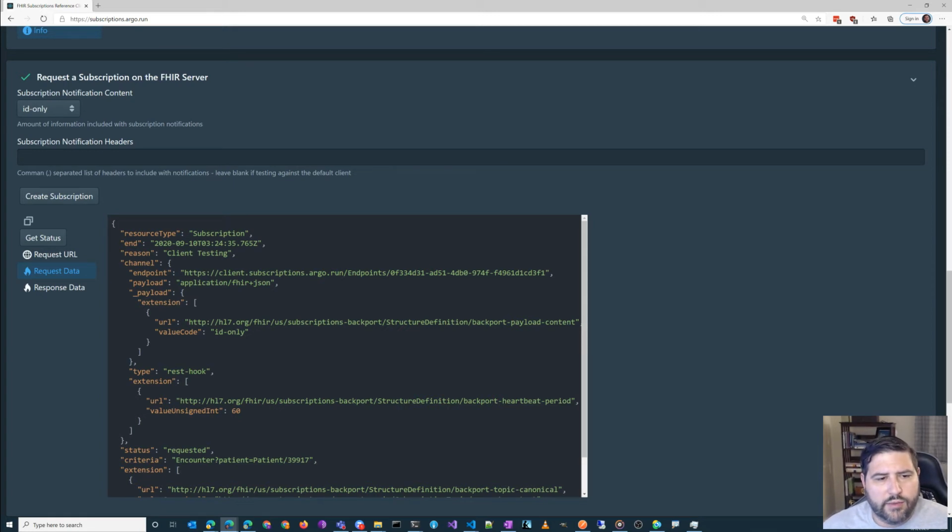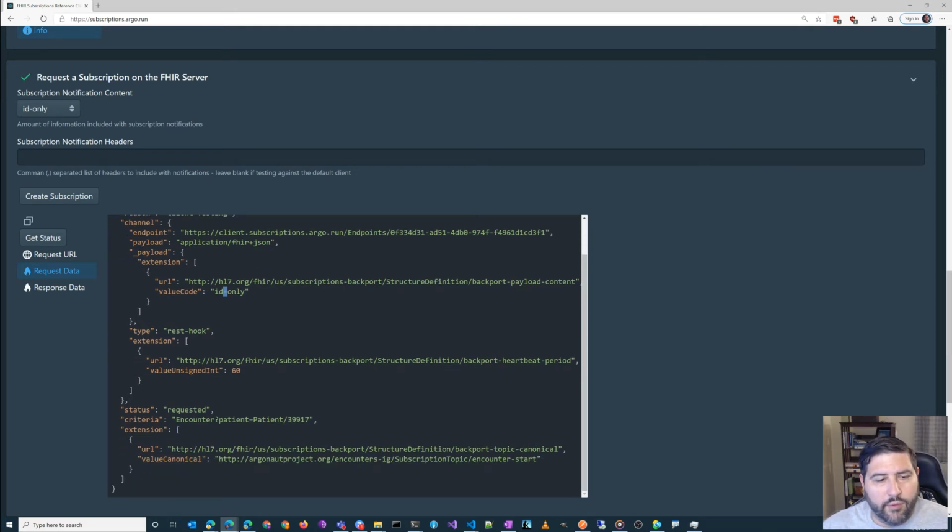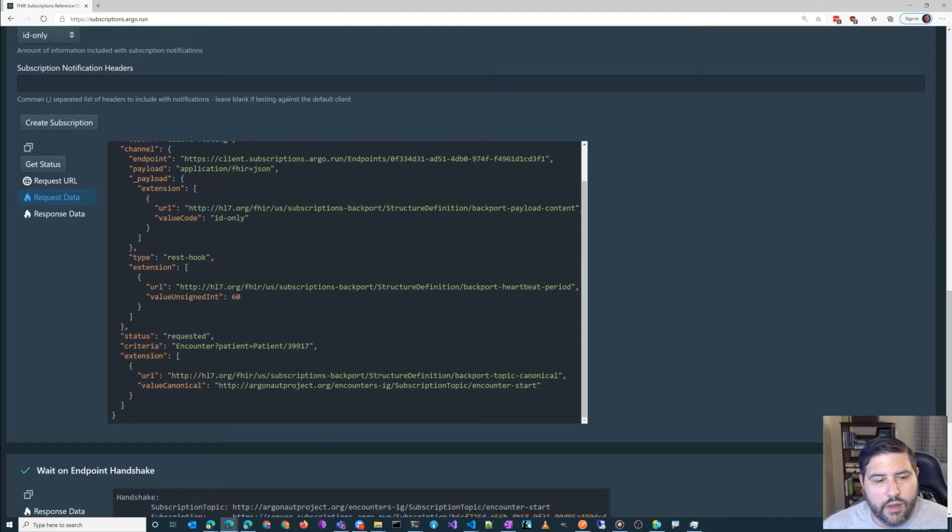In addition to the payload field, which is there in R4, we have this payload extension, which we're telling it is ID only. We have REST hook, but in this case we have an extension telling it that we want a heartbeat of every 60 seconds. And the criteria has an extension on it, which is URL and value canonical